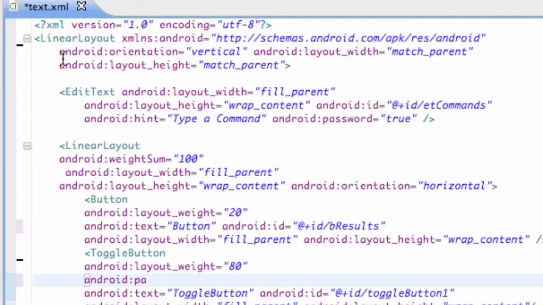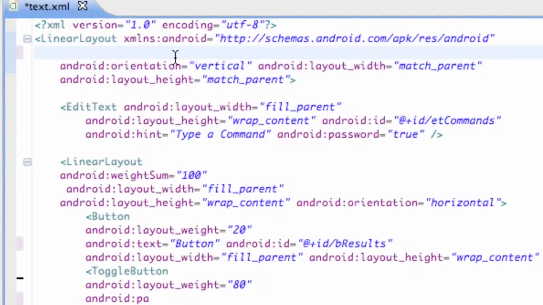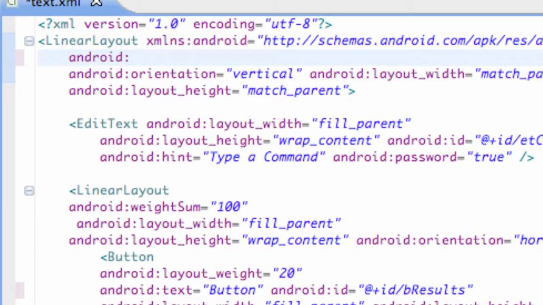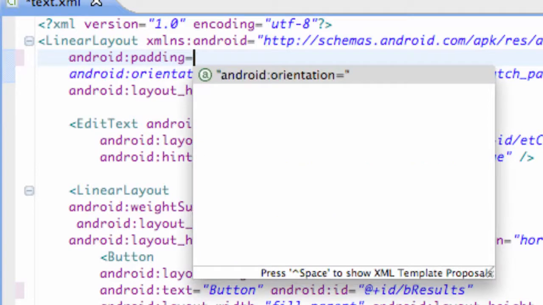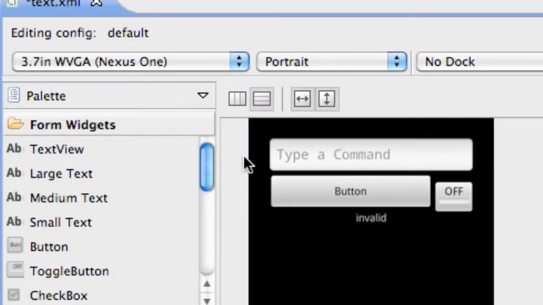Basically what I want you to do is go up to your first linear layout. This is the one that fills the whole screen and defines everything else within it, and just add a line of code within the opening bracket. Pretty simple. We're going to say android:padding, and we're going to put 10 dp, something like that. Well, let's do 25 dp, just so we get a desired result. There you go. There's just 25 density pixels of padding throughout this whole linear layout that defines basically the edge of this